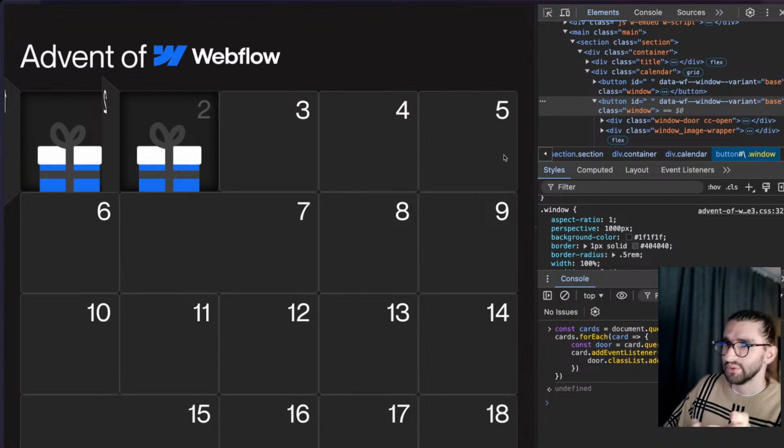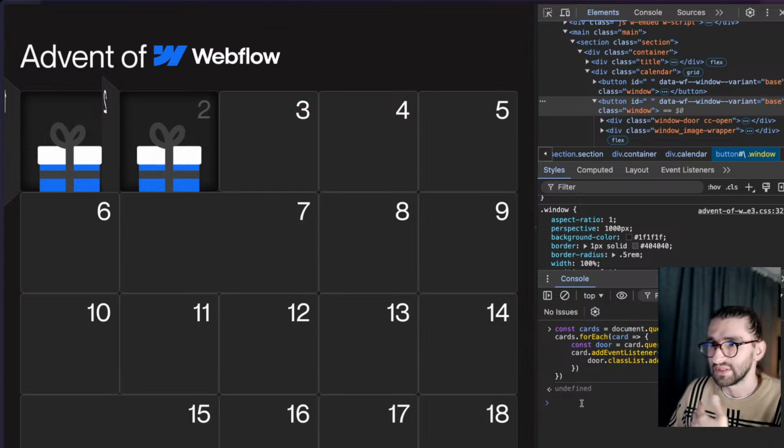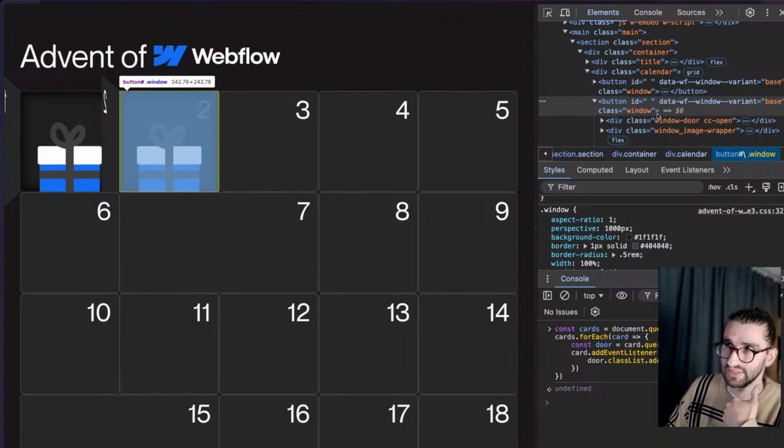But now we wanna get the current date, see what day of the month it is, and compare it to the numbers here. And if the current date is smaller than whatever the number on the cards is, we will keep it disabled. If the current date is equal or larger than the card number, then we will allow them to be opened. And we basically just need to remove the disabled